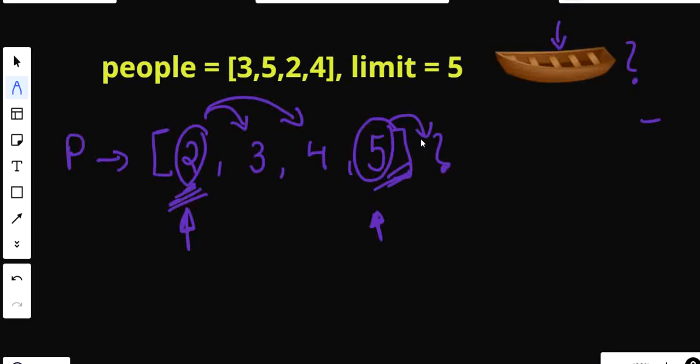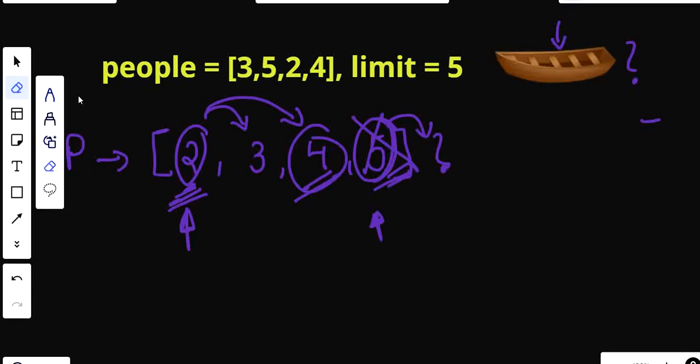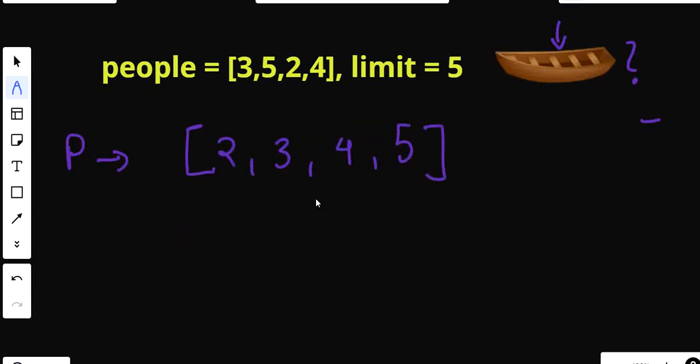And if not, then I will assign one single vote to this heavier person and I will proceed with the next. So in this manner I can solve this question. So let's see how we can use the two pointers approach. So now this is our sorted array, and as we already discussed, we will check the pairing with the lightest person and the heaviest person first.